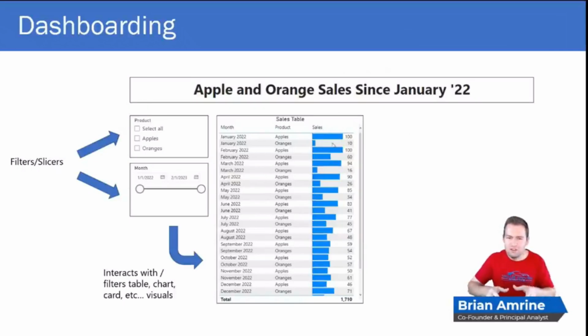Just a way to visualize how sales have been changing by month, by product. There are lots of other ways we could visualize as well. And the idea is that if we use these slicers, it'll filter down this table and any other visualizations that